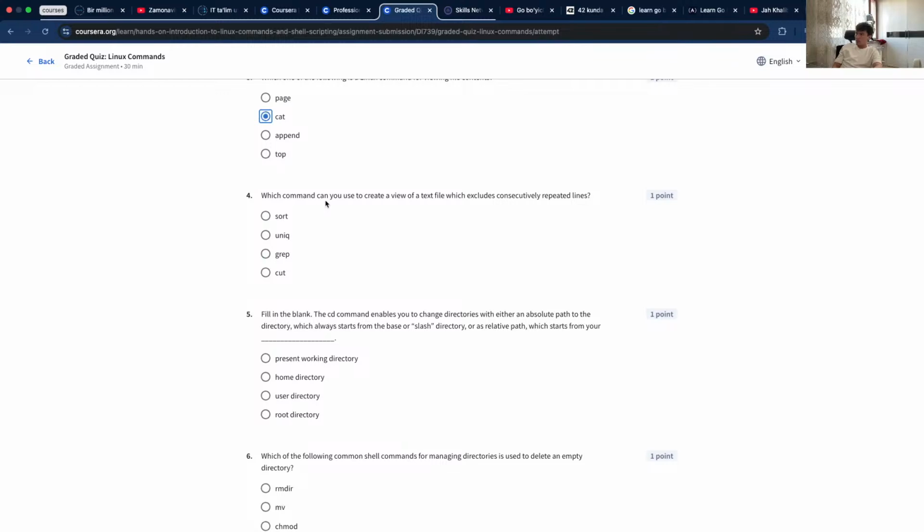Which command can you use to create file of a text file which excludes consequence or repeated lines? Which command you can use to create a view a text file which excludes consequently repeated. Create a view of text file which excludes